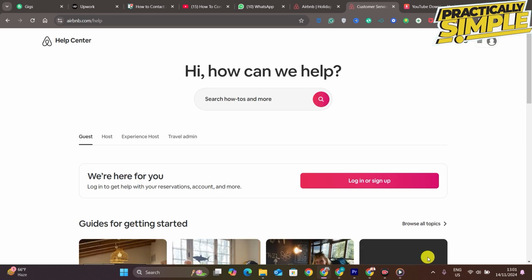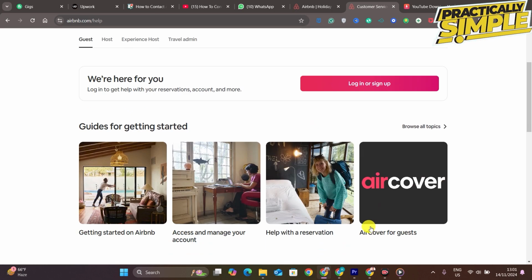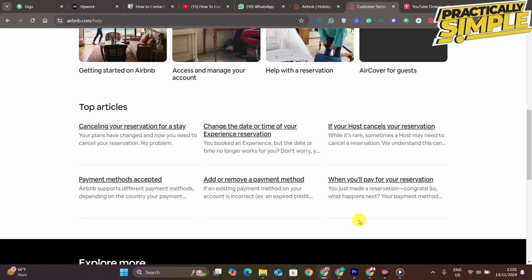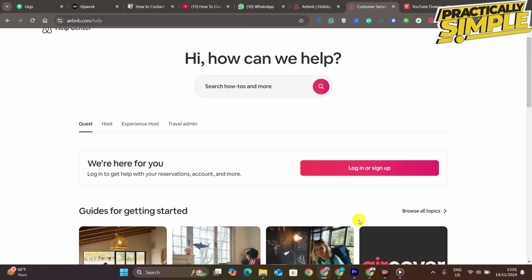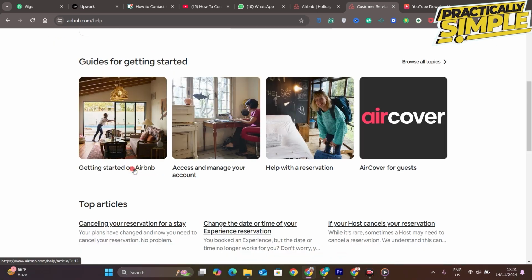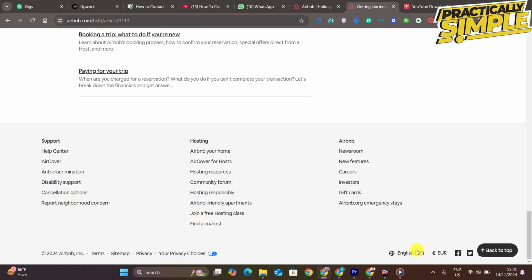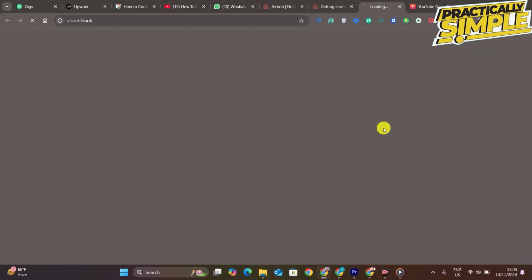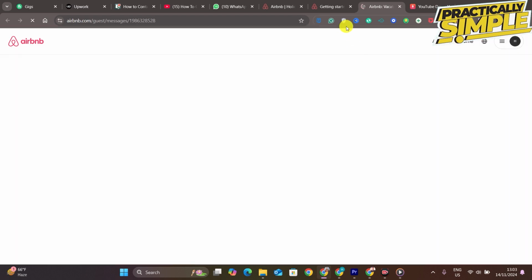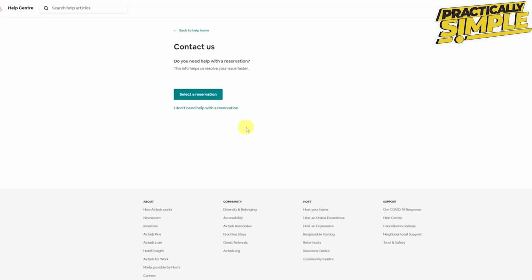And usually there they display a different set of articles for you to read and resolve your problems. You can click on any of those articles. That will lead you to the details page of that article, and you don't need to read the article. Just scroll to the bottom of this page. At the bottom on the right corner you will see contact us. Click on the contact us button, and then it gives you two options, whether you can choose a reservation if you